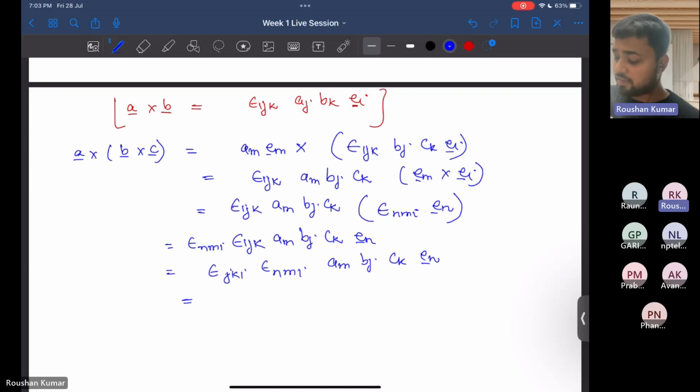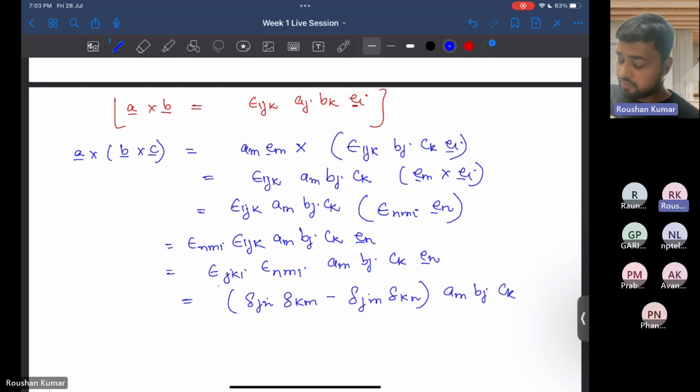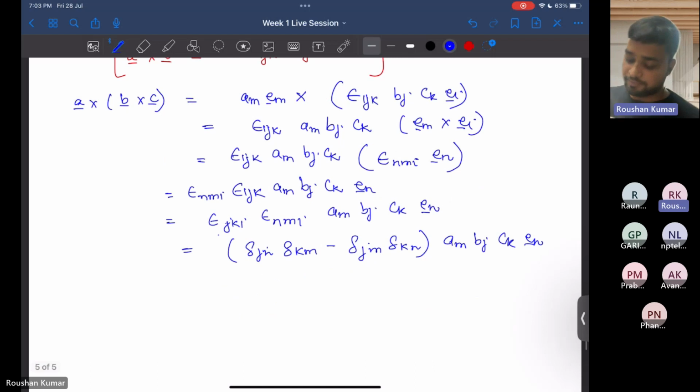And what is epsilon jki, epsilon nmi? It's a multiplication of two permutation symbols, so we will get del jn, j goes with n, then k goes with m, into del km, minus, then in the reverse order, minus del jm into del kn times am bj ck into en. Okay,